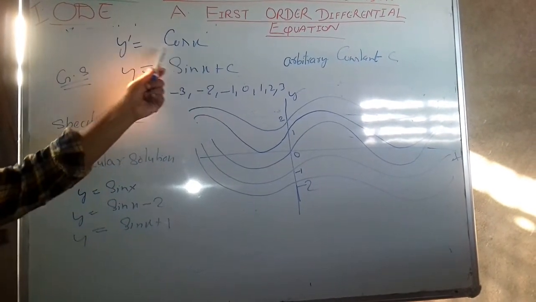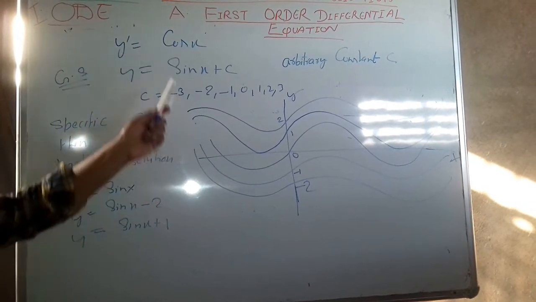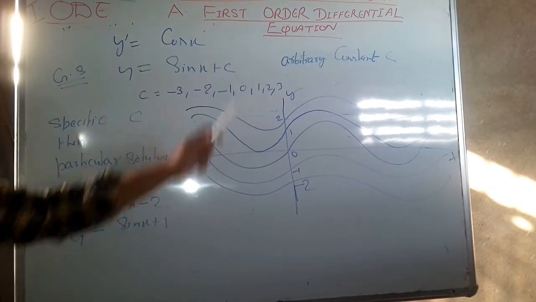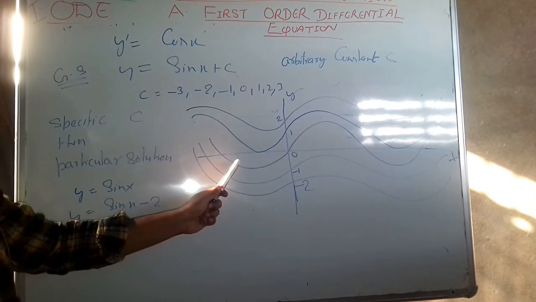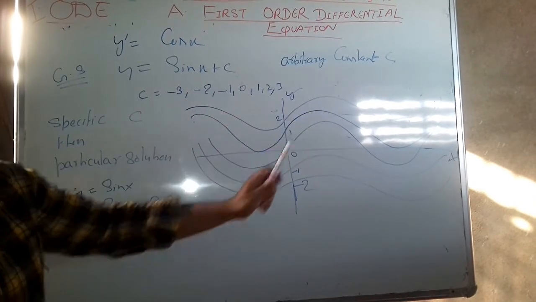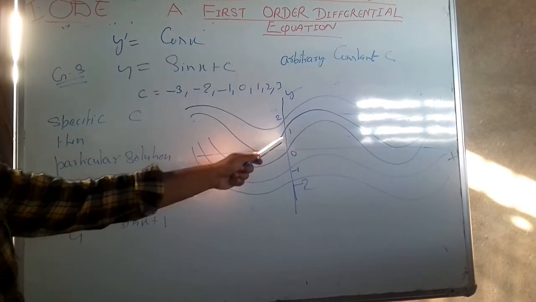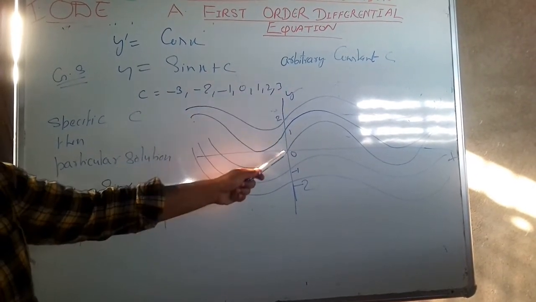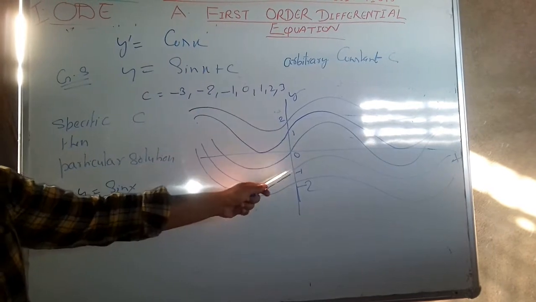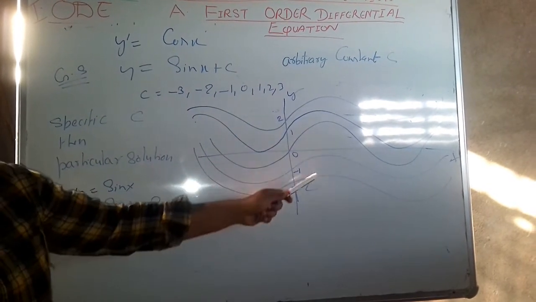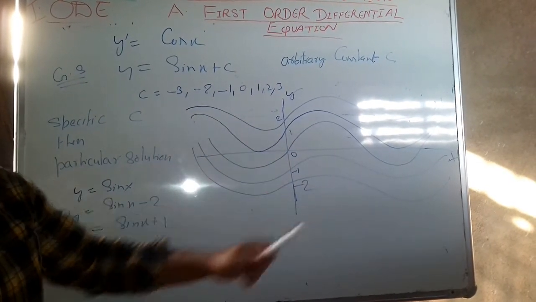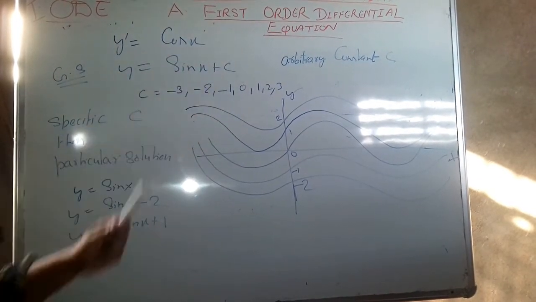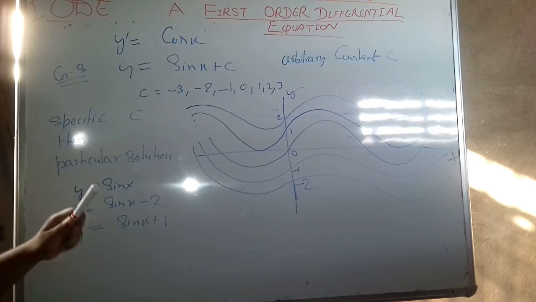So we will draw a graph for this. Graph for y equal to sin x plus c. Suppose c is equal to 0, then there will be a simple sin x graph. Suppose c is equal to 1, so this is the graph for c equal to 1. Again 2. Suppose c is equal to minus 1, then that will be the graph, and minus 2, this one will be the graph. So if there is a specific value for c, then that solution will become a particular solution.